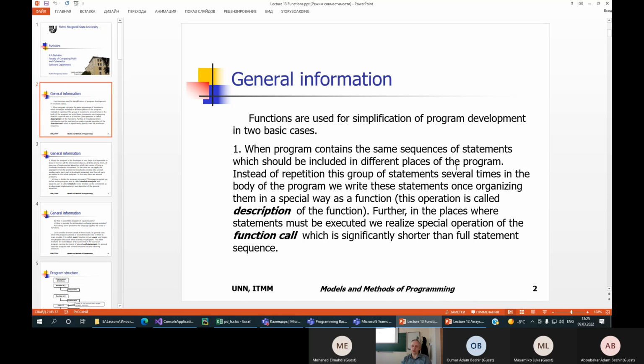In this case, instead of repeating this group of statements several times, we can write these statements only once before your program, and we can organize these statements in a special way